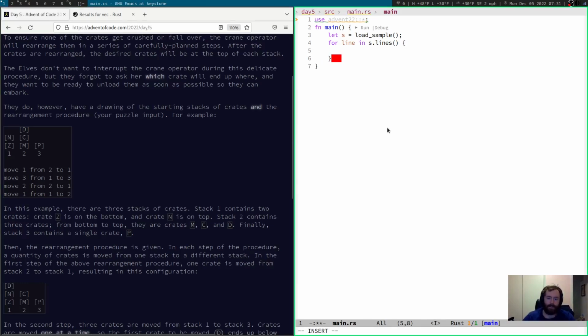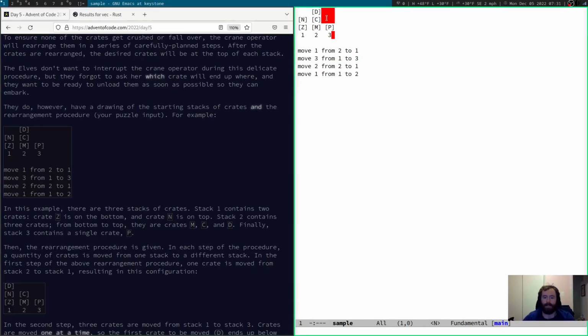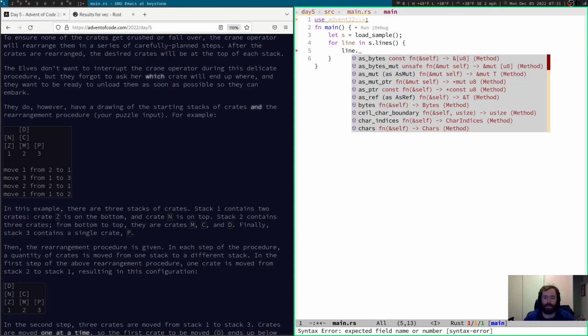So the good news is, if I hop over to the sample input, you'll see that we actually do have space over here. In Emacs I have show trailing white space turned on. And so we will actually be able to read all the way across and just find if there are actually letters here. Now, what I'm thinking right now is that we can probably call line.find,